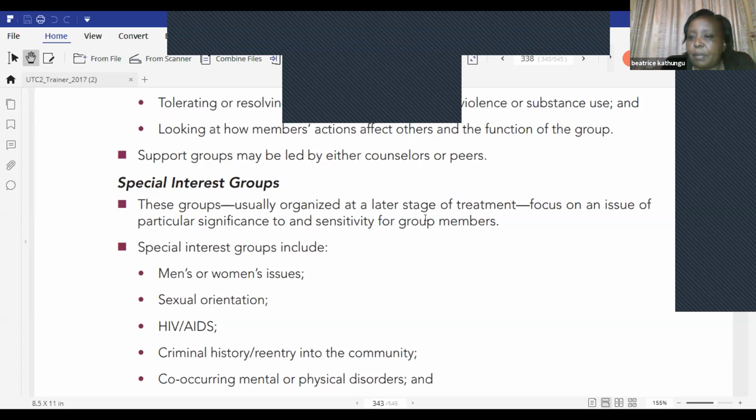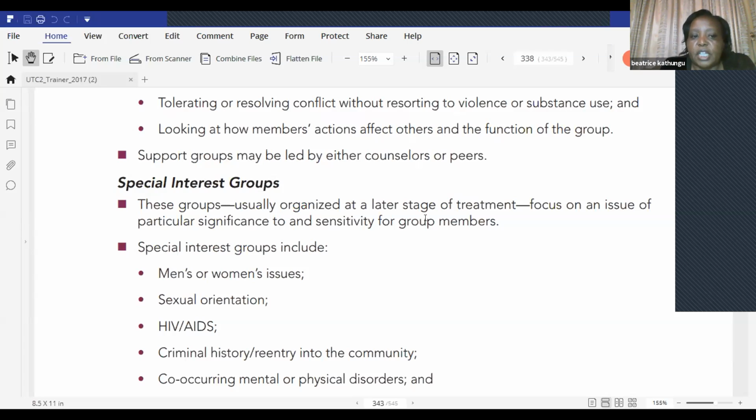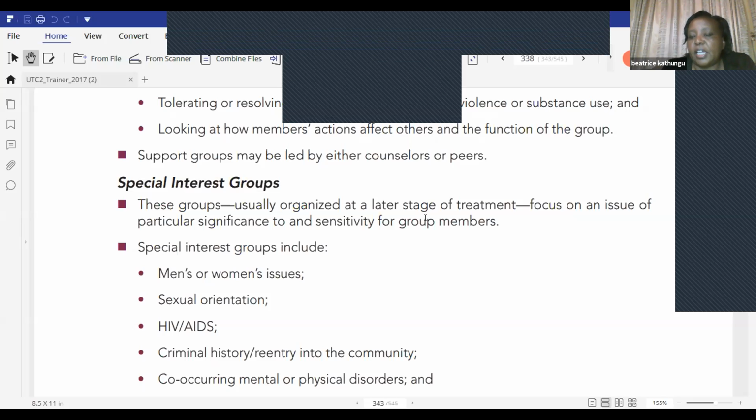But if we are careful to think about what we want to achieve, if we are careful to think about the unique needs of our clients, we are going to be able to maximize group work. And so I had to take more time to look at these topics out of this session, and let's share more in our discussion group about what some of the types of groups are that you are using in your treatment center and the challenges you're facing, and share with us some of the insights that you have gained and the lessons learned from resource pages 6.3 and 6.4. So thank you very much.